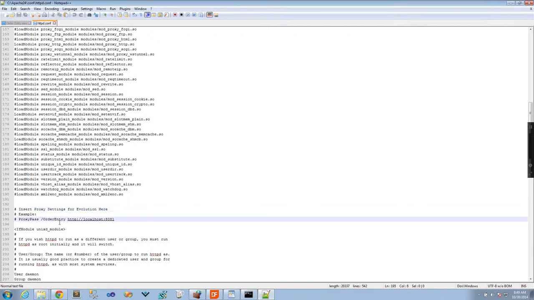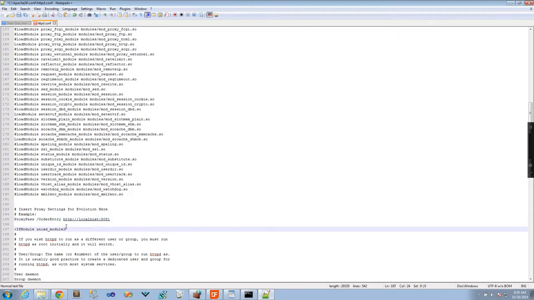And essentially, to set up a proxy for Evolution, we only have one line. That's all we need. We set up a path so that on whatever port Apache is running on, so port 80, the order entry path gets forwarded and the response gets returned through localhost 8081. That's it. If I go and save this now